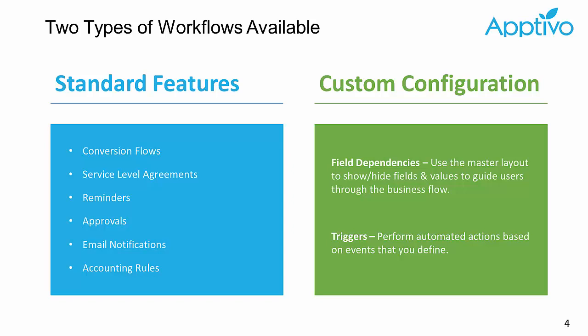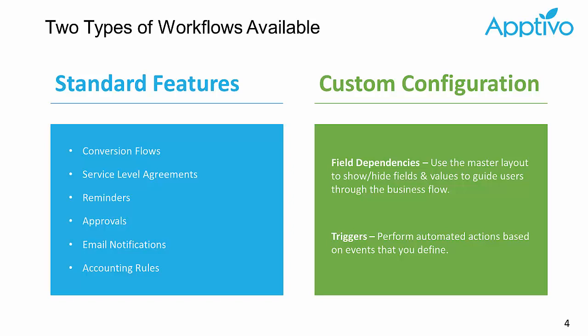And if we break down at a very high level what types of workflow are available, we're going to be looking at two areas. There are standard features inside of Apptivo that have been around, some pretty recently and some for a long time. And then there are these brand new, more generic features which allow you to really do anything you want. It's going to take a little bit more tech savvy and know-how, but as long as you're able to go in there and think the process through, you'll be able to do just about anything